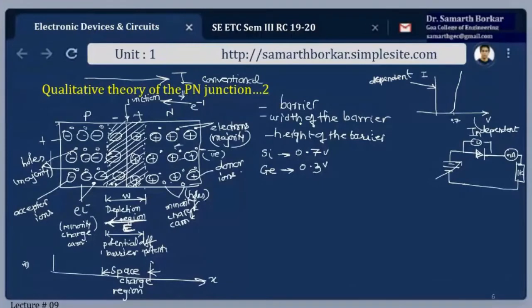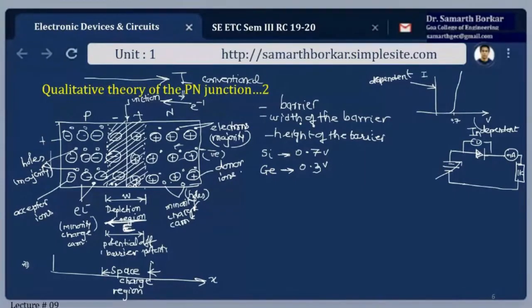But as I've said, it is not a never-ending process. After some time, it will create a barrier for itself, which will further prevent the movement of electrons and holes. That is the depletion region. This depletion region has static charges, so it will create an electric field which will further discourage the movement of electrons and holes. That means all these electrons and holes will not recombine. Some will remain as they are in their regions.